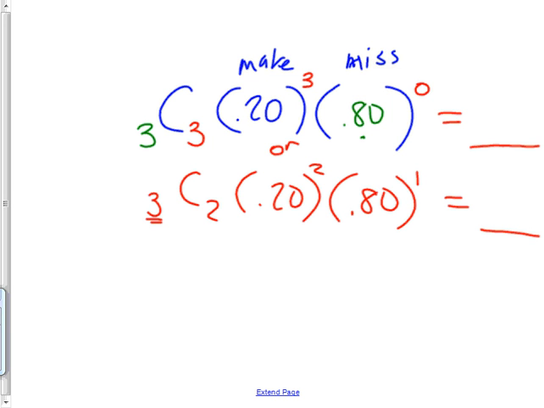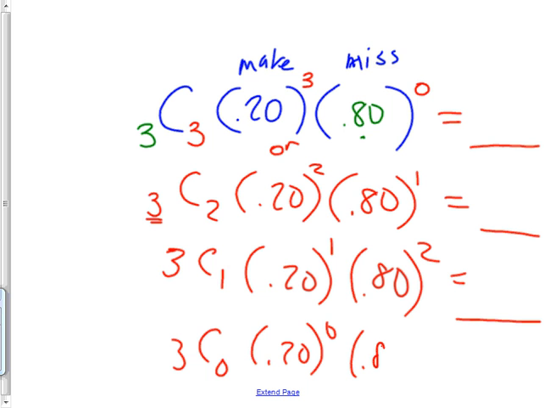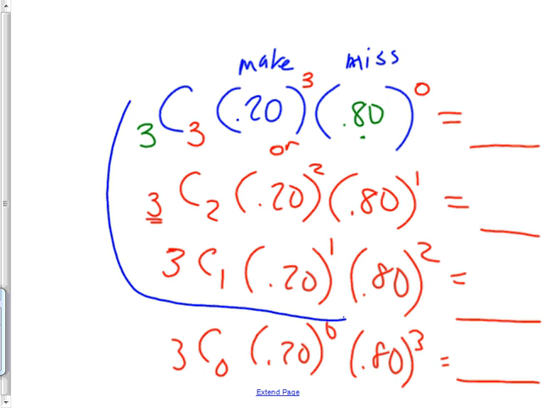And the other kind that we often ask like this is, let's say that you really need him to make at least 1. Well, then you could do 1 or 2 or 3. But an even smarter way, instead of having to do 3C1, 0.20 to the 1, and 0.80 to the 2, this would work. And then you'd have to add those all up. That's at least 1. But there's only one choice left, and that's 3 choose 0, 0.20 to the 0, 0.80 to the 3. And if it's this or this or this,